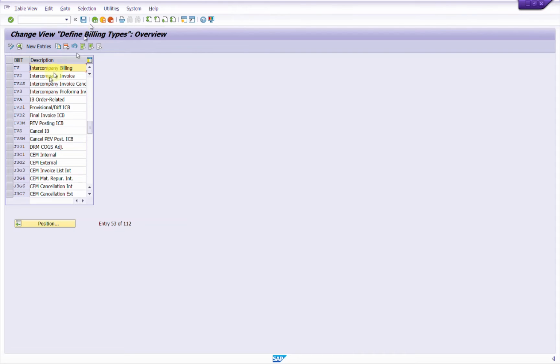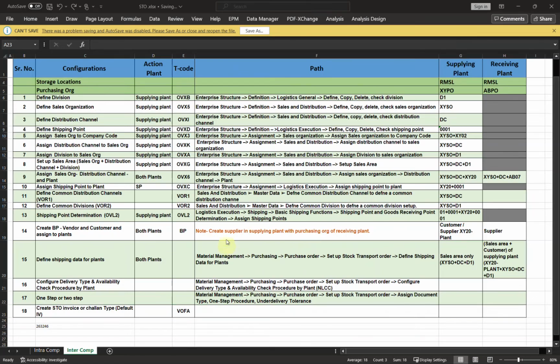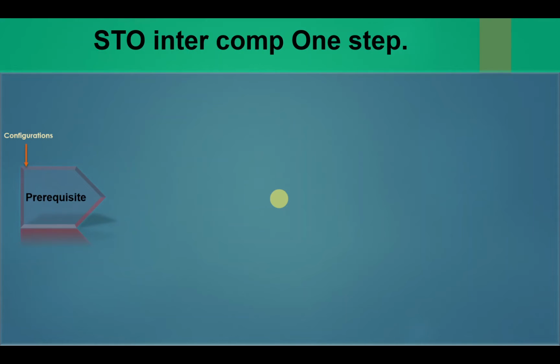In case you want to create some other, you can create and copy and change, but I will use the standard one. So with this, we have done all the configuration that is needed for STO in cross company process. So let's jump here. These all are the configuration that needs to be done. Then again, the process is very simple. So prerequisite: all 18 configuration along with